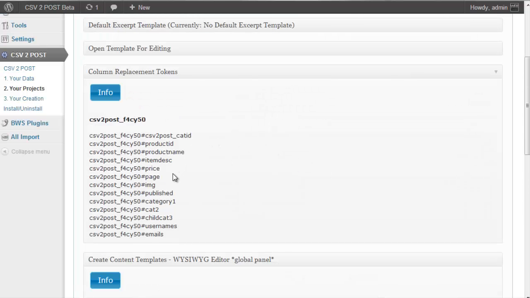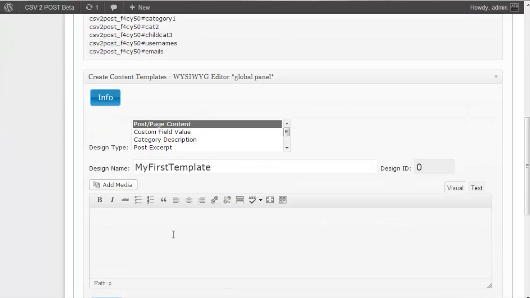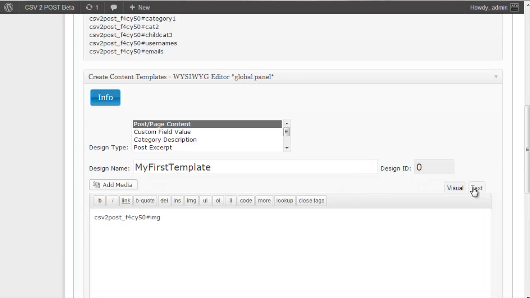Now, I'm just going to copy the image, my image data. So it's hold Control and press C to copy, and click into the editor, hold Control and press V to paste. Now this token will be the same on both sides of the editor. The text tab that I'm clicking on is the source where we see HTML and so on. That's where things really happen. The token is replaced on an HTML level, you could say. I don't want to get into too much jargon, and HTML is probably as far as we'll go,